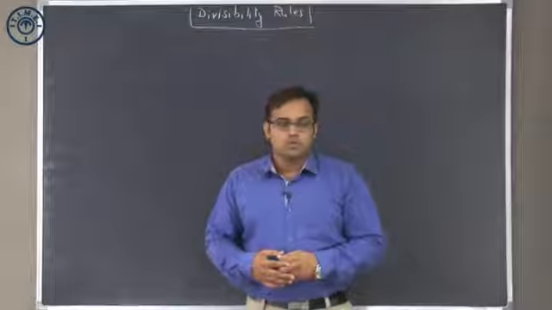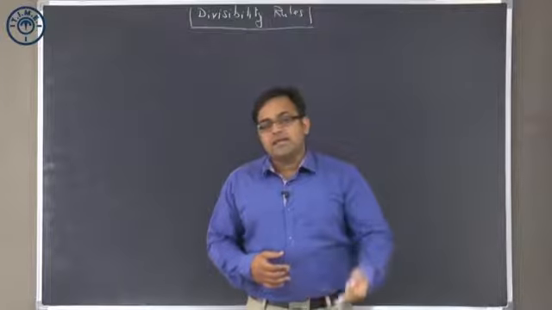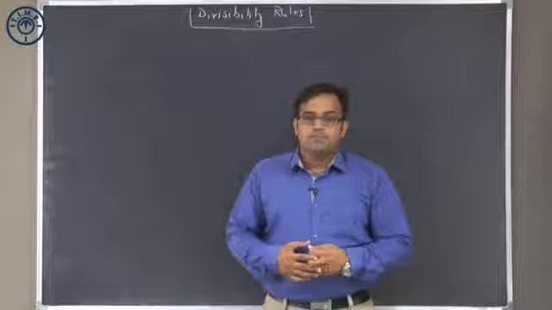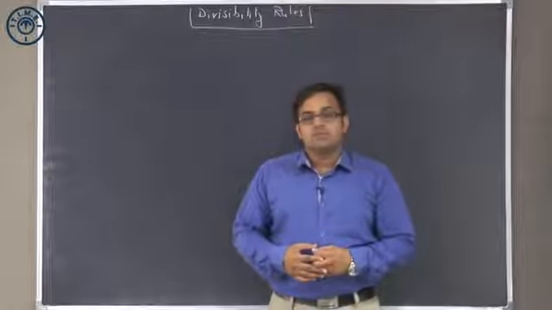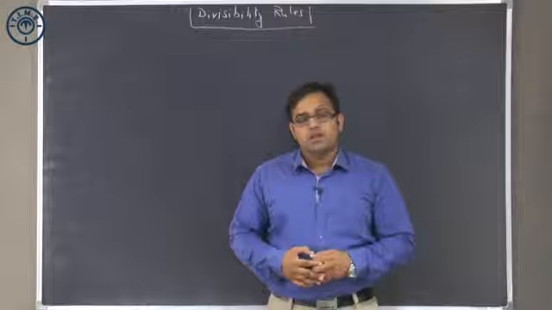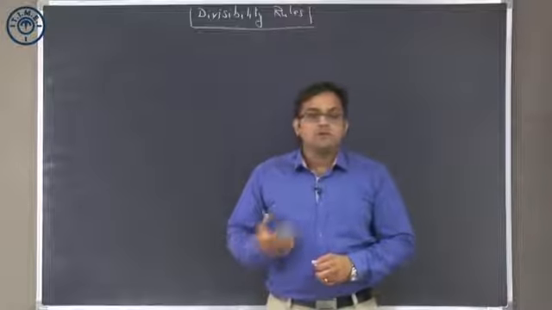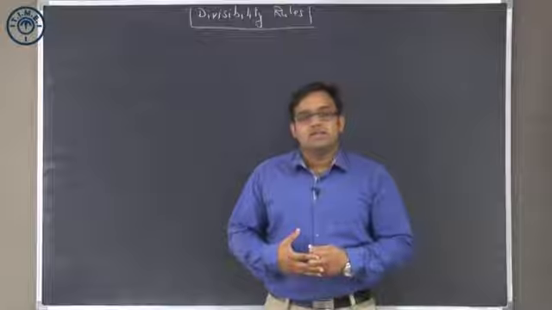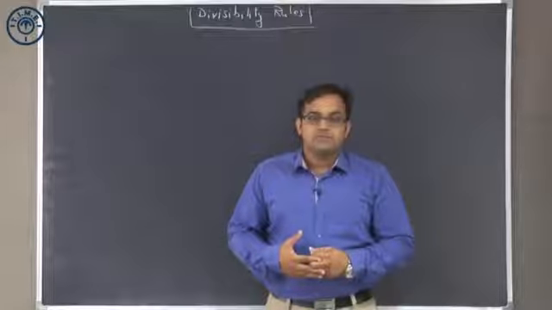divisible by 2. Extending the idea, the divisibility rule for 4: if the number formed by the last two digits of a number is divisible by 4, then the entire number is divisible by 4. Divisibility rule for 8: if the number formed by the last three digits of a number is divisible by 8, then the entire number is divisible by 8.